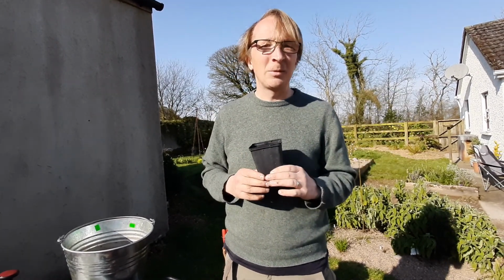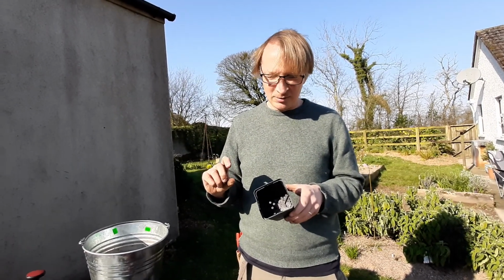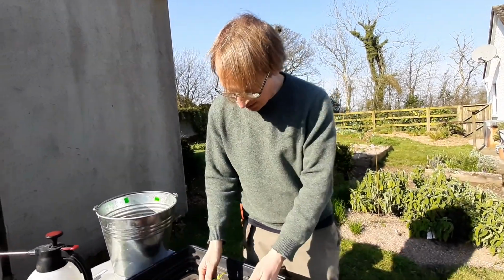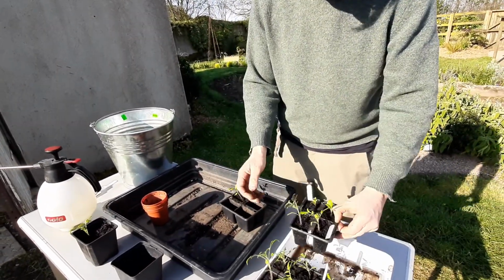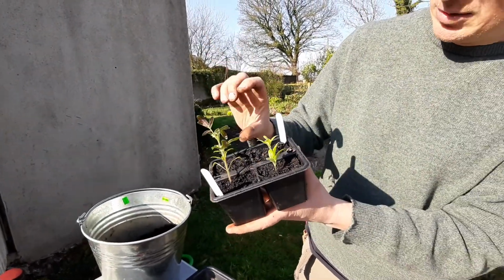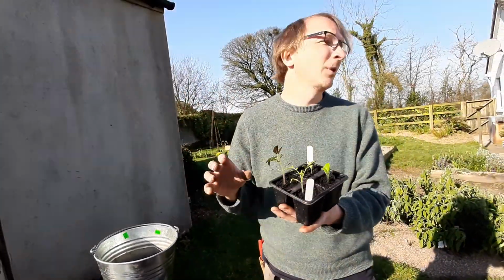So they were then put onto the windowsill indoors inside a heated propagator, and once they had come up and were large enough to handle, they were pricked out and moved into their own individual modules. And now they're looking okay, but they're starting to get sort of tall and gangly, because what happens is